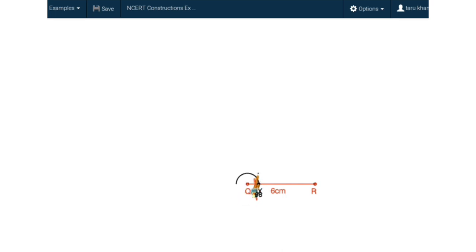And now with X as center and the same radius, we will cut an arc on the main arc and mark this point as point Y. So we have this angle of 60 degree, but since it is the second case, we will be extending it in the opposite direction of the line segment QR. So with Q as center and the radius equal to PR minus PQ, we cut an arc